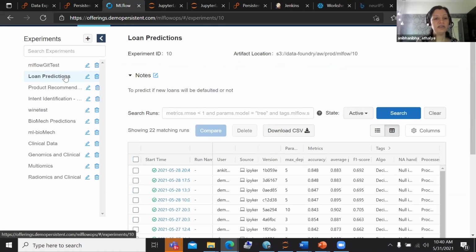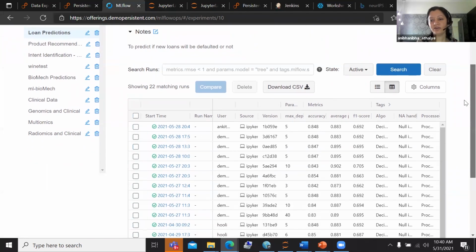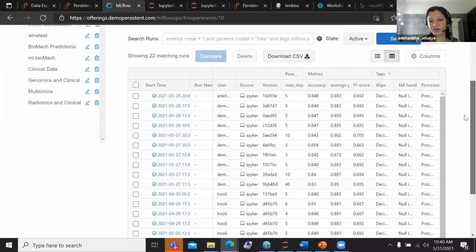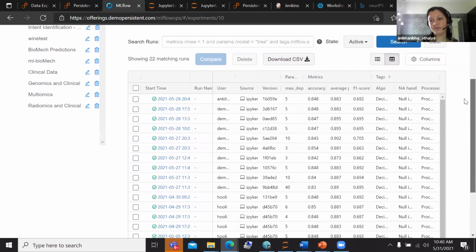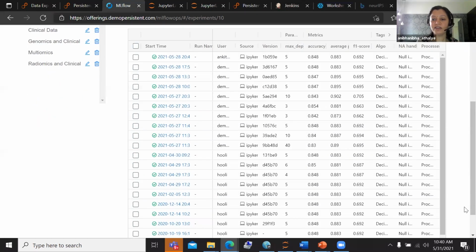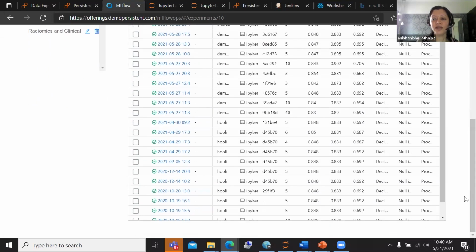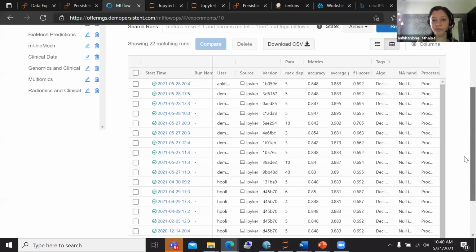Now while I'm running this, what happens is, in MLflow, under the loan predictions experiment, all the iterations that I have run are getting logged. If you look at this MLflow experiment tracking, what you see are all the iterations that have been run to date on this specific notebook.